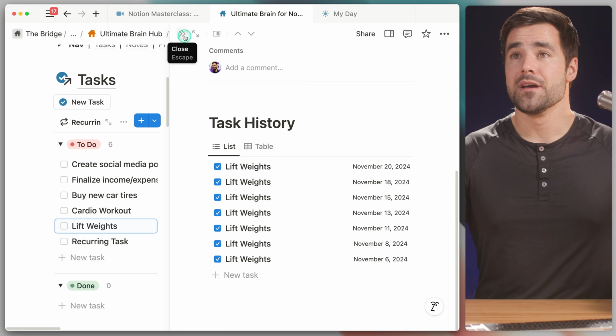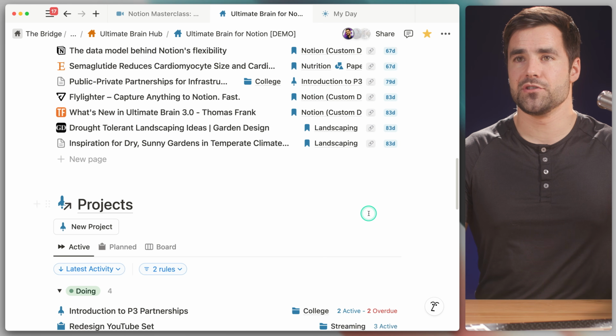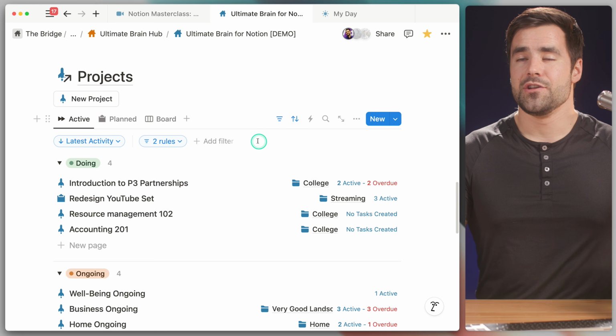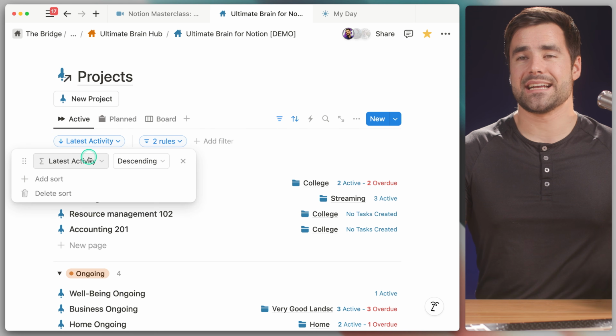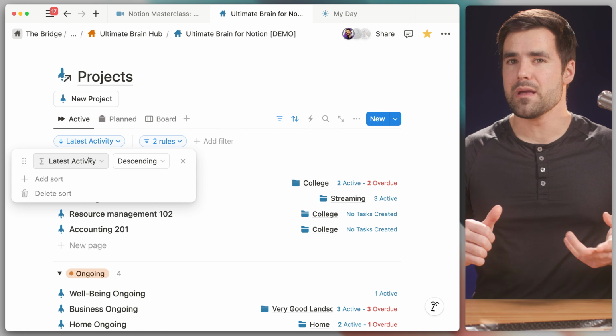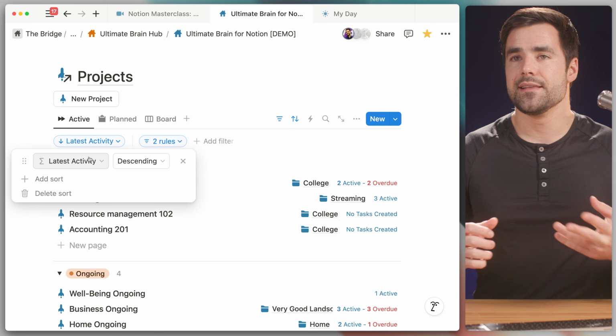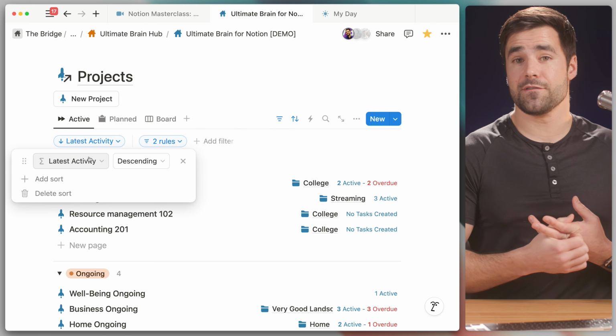It's quite useful. Something else you can do is, if we go down to our projects section here, you can actually sort your projects by latest activity across the tasks, or maybe even notes inside of the project. This is something that requires a bit more of a complex formula to build,